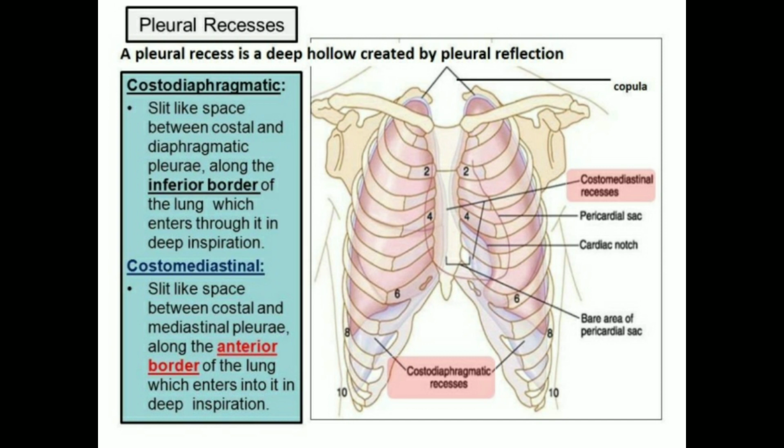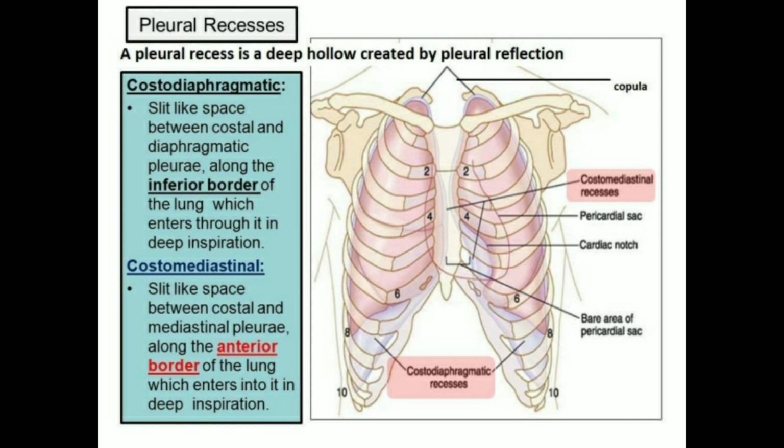The space between the visceral and parietal pleura forms a cavity. That cavity is called the pleural cavity. Normally, this cavity contains pleural fluid and is a narrow space. The fluid allows the lung to glide freely without friction over the thoracic wall during breathing movement. You know that during expiration and inspiration, that movement happens, so this allows the lungs to distend.